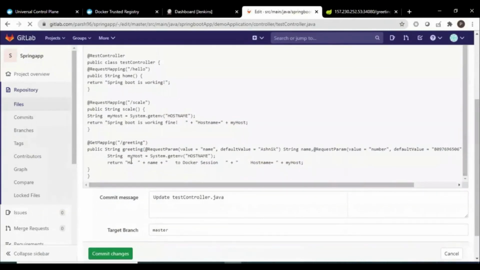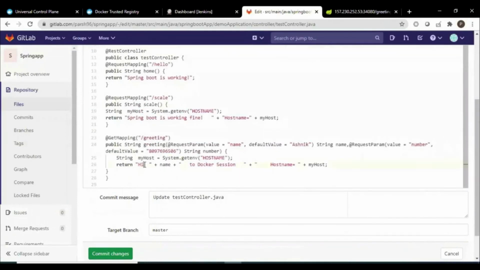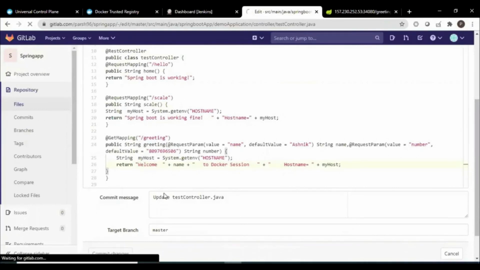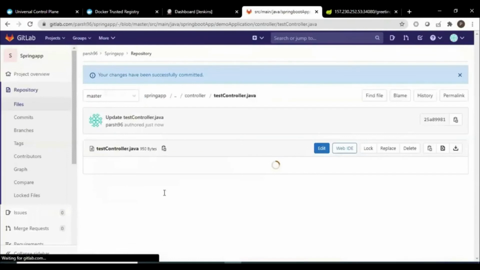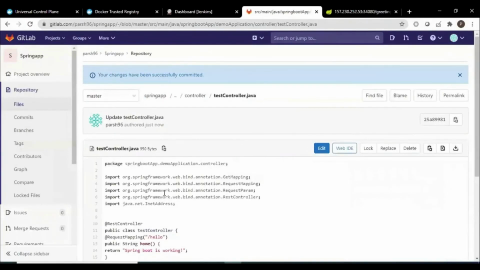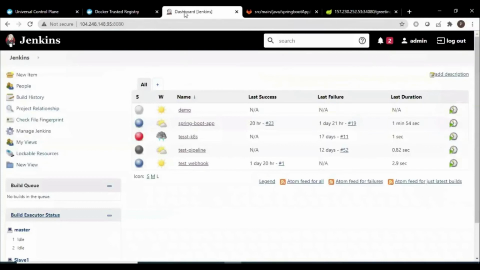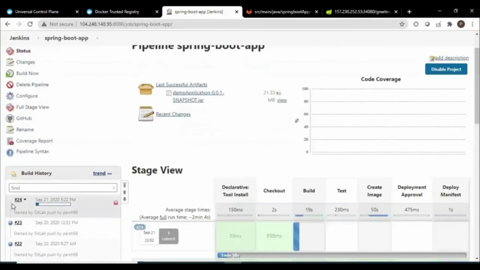So over here you can see we need to change the message from hi to welcome. So I have committed the change as required. Now the GitLab repository will trigger a Jenkins job. So over here you can see a Jenkins job is triggered automatically,